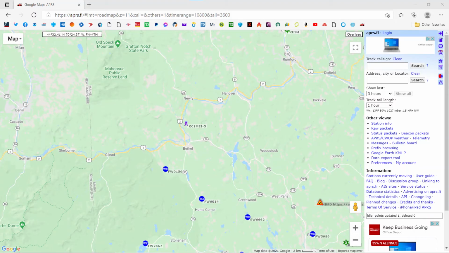The next slide is what you see when you go on to aprs.fi. This brings up a fairly large map that shows other stations and your station relative to each other on the map. Again, these are Google Maps, so they're very detailed. Over on the right-hand side, you can see where it says track call sign. You type in somebody's call sign, hit search, and it brings up that call sign so you don't have to search for that person. Or you can search by address, city or